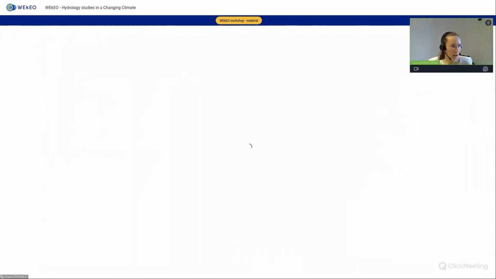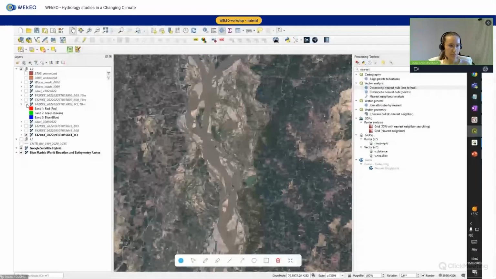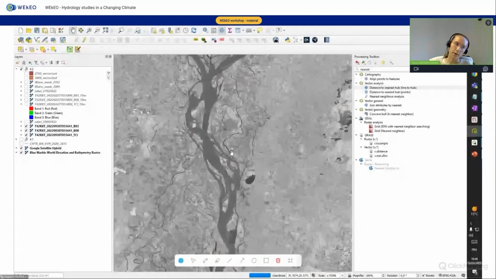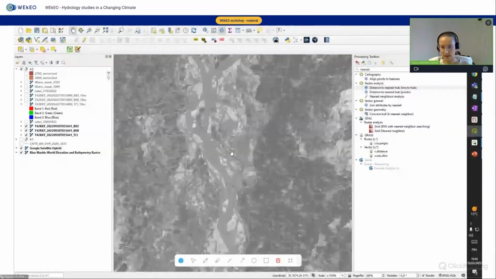We also will need these two bands: band 3 and band 8 of the Sentinel-2 satellite. We need these two specific bands to calculate our normalized difference water index. This is an index which allows us to spot water bodies on satellite images. If you want to read more about this, there's some info given in a PDF file, and you can also explore more on the internet. So yes, we have also these two bands,